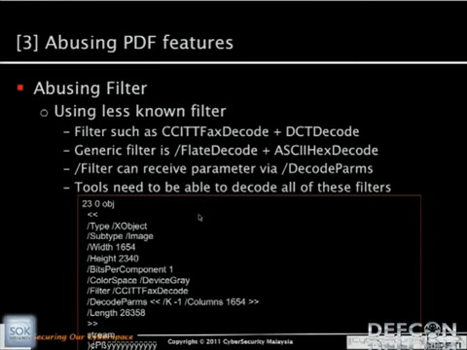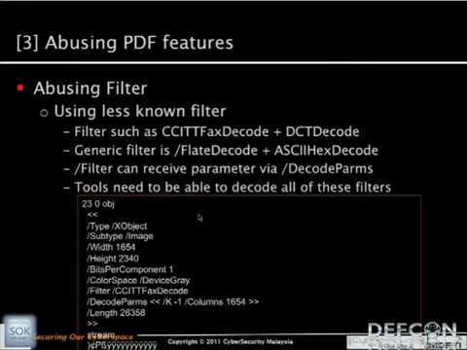If you're using a less known filter, for example CCITTFaxDecode and DCTDecode, there is a high chance your malicious PDF won't be detected. But in general, the filters you normally have are FlateDecode, ASCIIHexDecode, and ASCII85Decode,